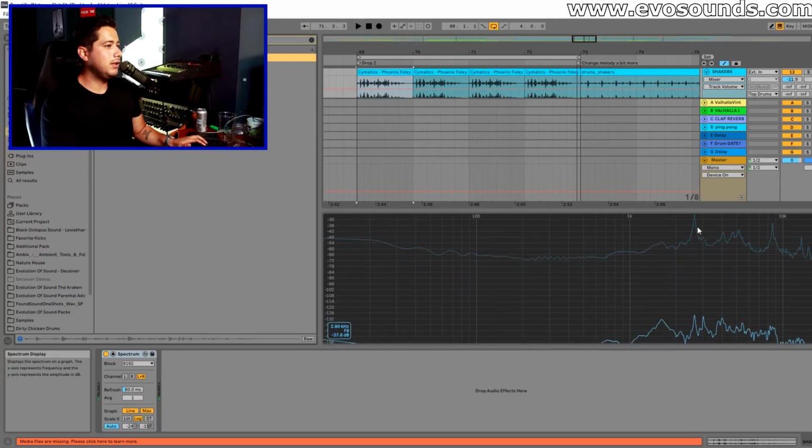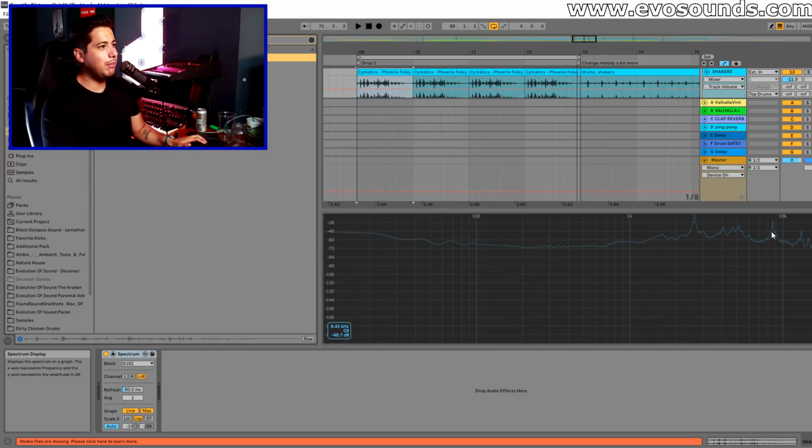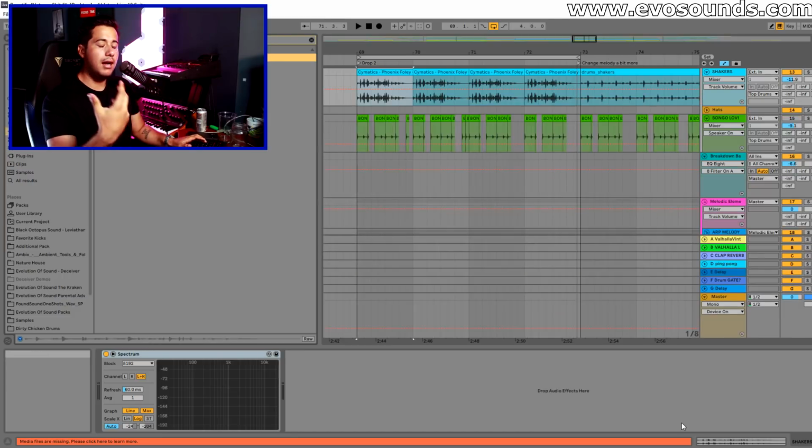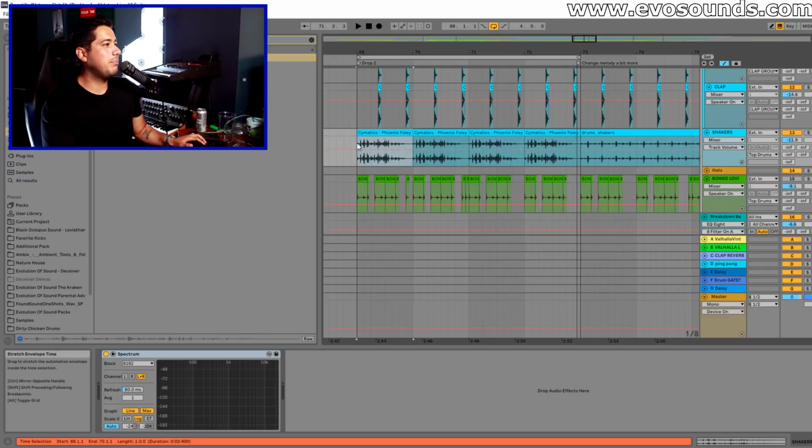So right now, as I see, you can see both points. It's in E, and it's going to be in C, which is good because I'm in E minor and both those notes are going to be in the scale, so it's not going to sound too off. However, I find that it's a bit too high pitched for my taste, so what I'm going to do is